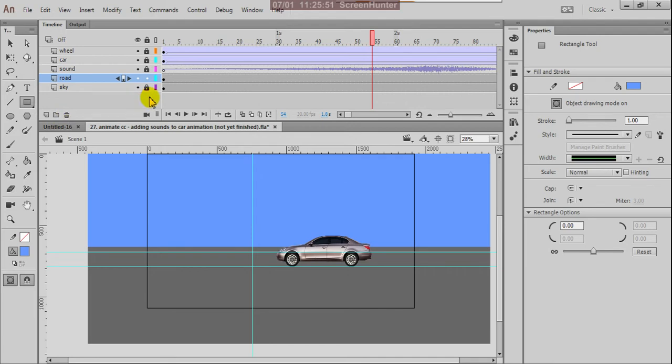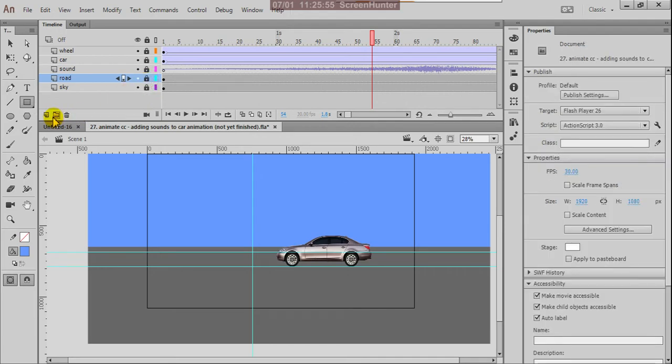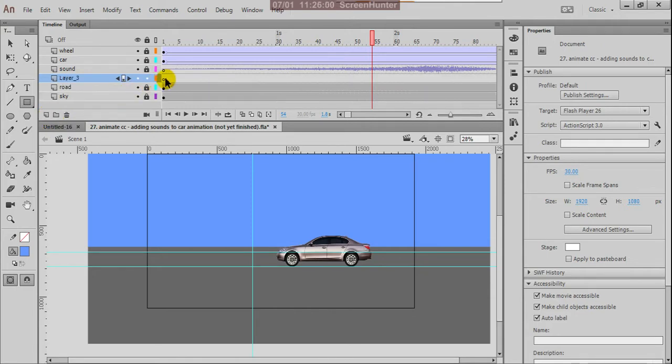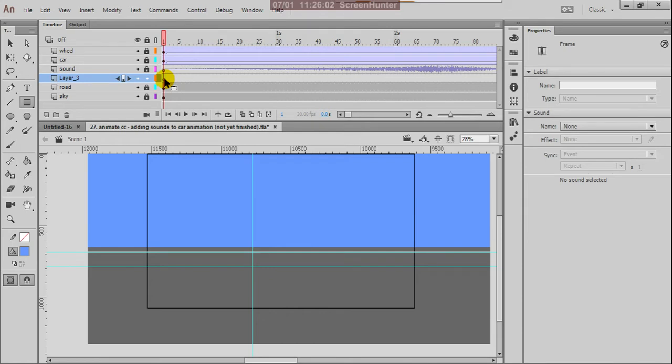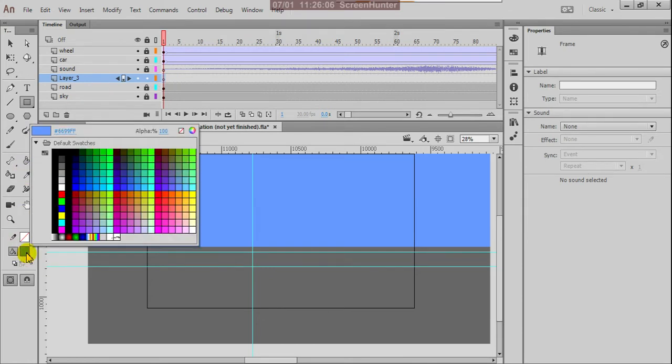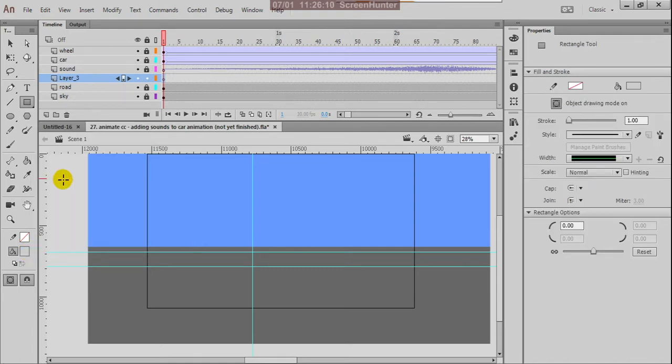For that I'm creating one more layer, and here I'm using a different color, a light gray.